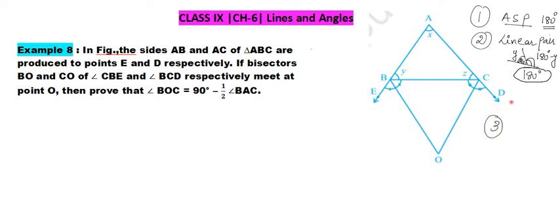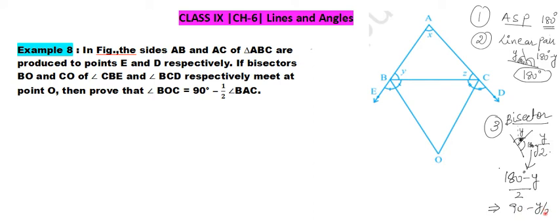Third concept which we should know is the meaning of bisector. Bisector means dividing it into two equal parts. So suppose one angle is y and if I divide it, what will be this value? It will be y by 2. And if I need to know the value of this, by linear pair, I will say that this is equal to 180 degree minus y, and if I bisect it, this will be equal to 180 minus y by 2, which I further simplify, and it comes out to be 90 minus y by 2. So these are the few basic concepts which we should know before doing this question.